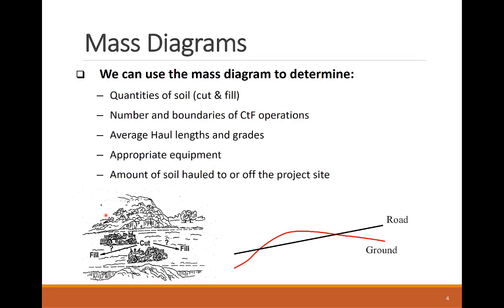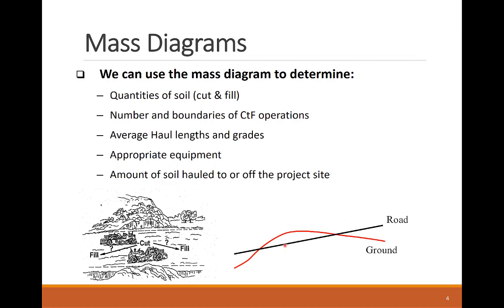A single mass diagram can help in calculating the cut and fill quantities over the project profile. Based on that, we can use the project's mass diagram to visualize the number and boundaries of the CTF operations. For example, for an example CTF operation, this row profile shows one cut and two fill areas. Mass diagrams will help in deciding to move the excavated soil from the cut area to the left area or